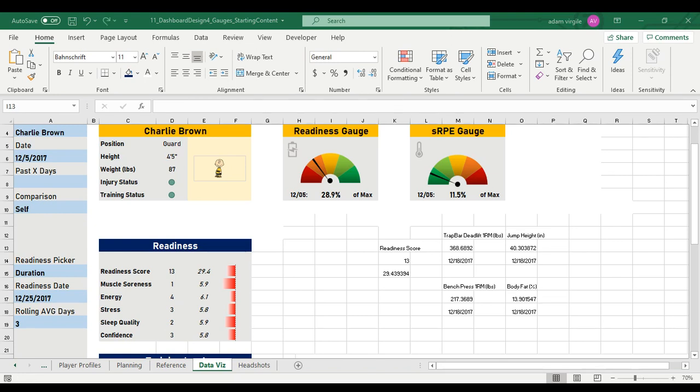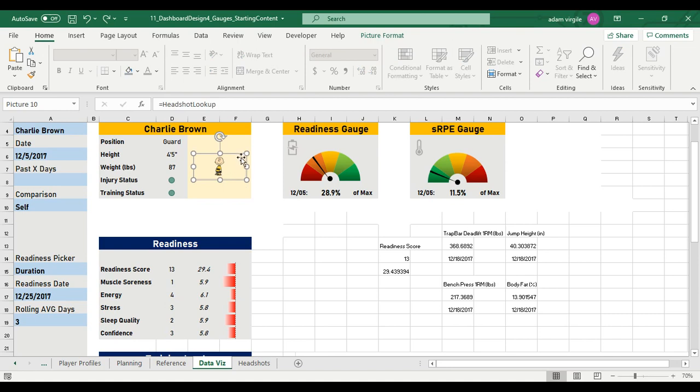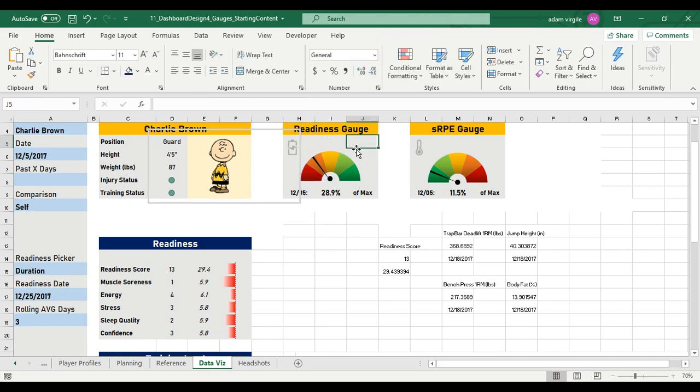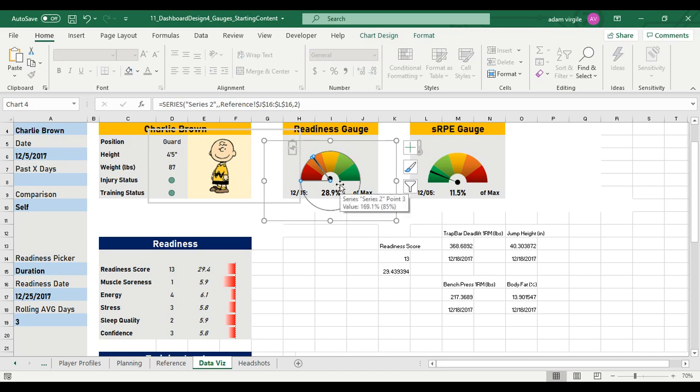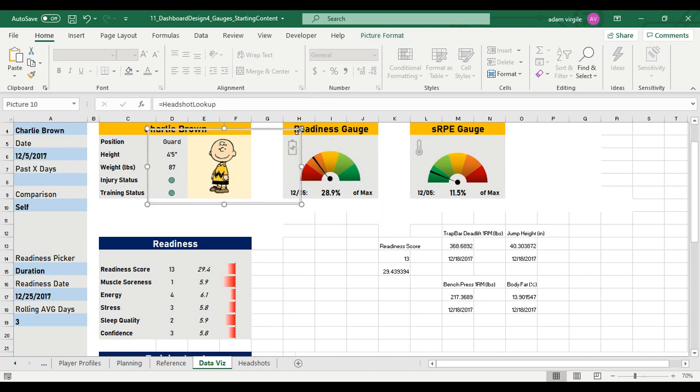So what you'll notice is that this headshot is number one, like if I make it bigger, look how big that box is. And also you'll notice that there's a border around the box. And to get Charlie Brown to be big, I'd have to make this box huge. And it's kind of annoying and in the way of a bunch of stuff. We can't avoid that with these gauges just because that's the way that the chart works. But these boxes we can